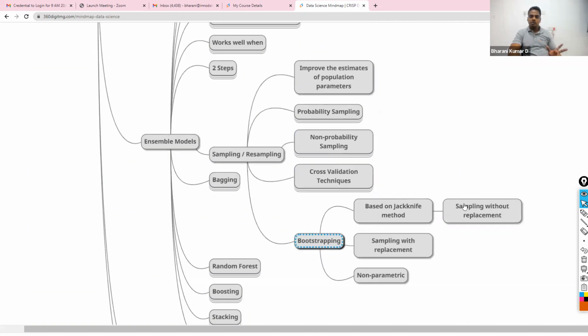Bootstrap sampling, anyways, we discussed, right? Sampling with replacement is bootstrap sampling, friends. If you sample without replacement, it is called the jackknife method. Jackknife method means you're not going to replace. That means